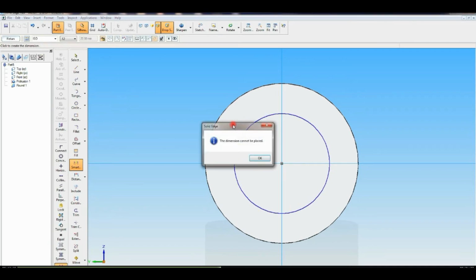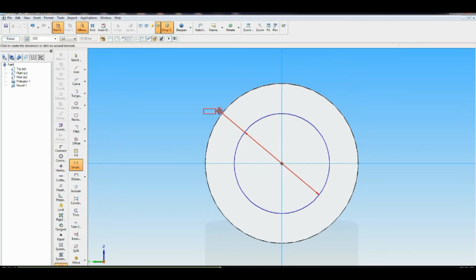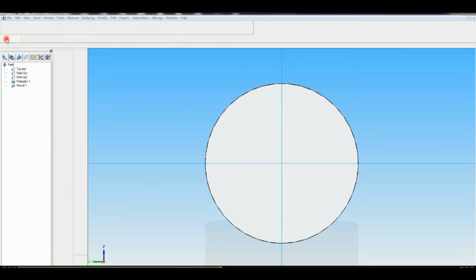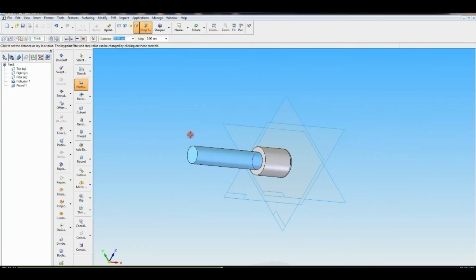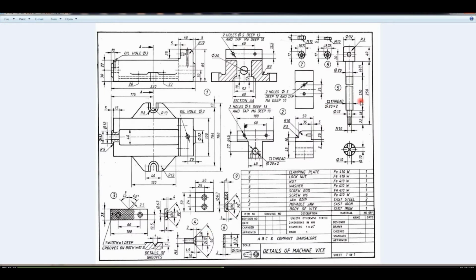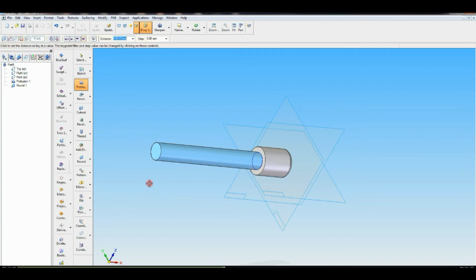Smart dimension 20. Return. Length you have to give 170 plus 40, 210. That is the length of the 20 mm diameter portion.